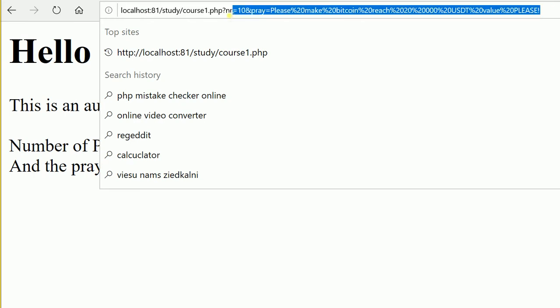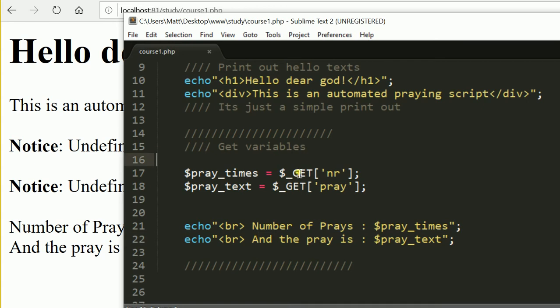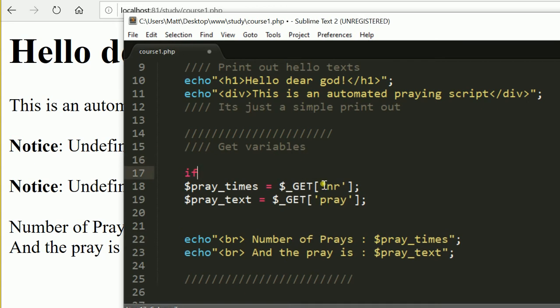There are two things. If no variables are posted, it will output errors, and we don't like errors because errors are also logged in our Apache error logs, and that's not good. It uses additional space, it uses additional writings for the HD drive. So what we can do is we write a function again,